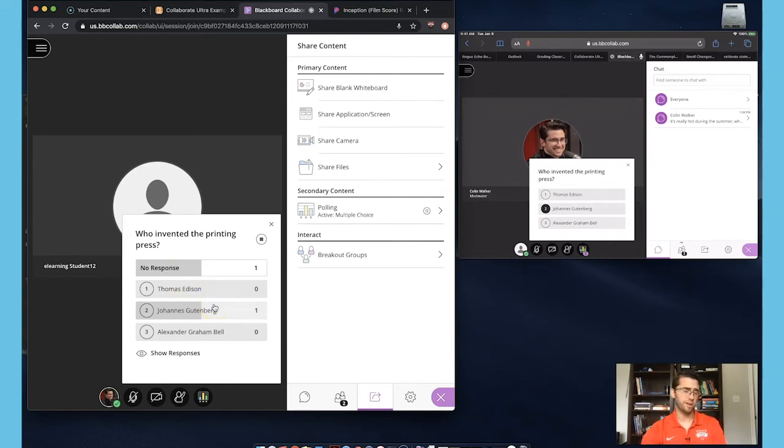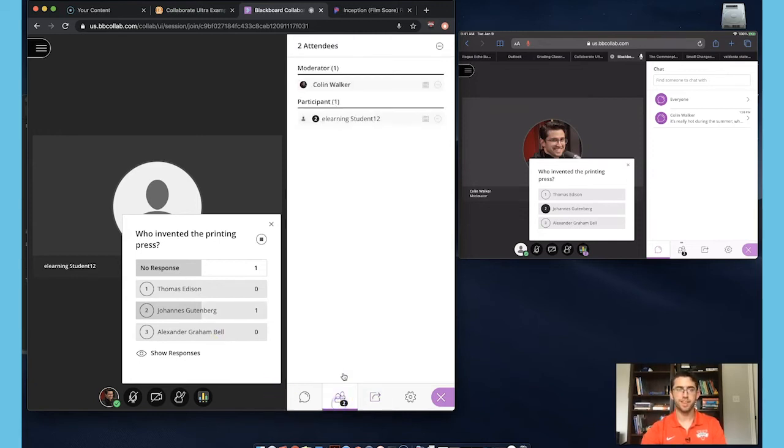You may wonder, well, how do I know what student said what? If you go back to your attendees view down here, you'll see a little number 2 pops up, and that corresponds to the selection from the students. This is a good way to find out if there's a large number of your students that maybe are struggling with a particular concept,